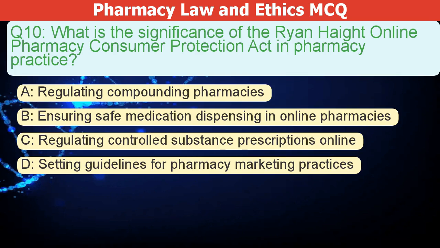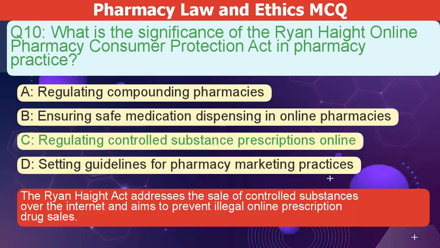What is the significance of the Ryan-Haight Online Pharmacy Consumer Protection Act in pharmacy practice? A. Regulating compounding pharmacies. B. Ensuring safe medication dispensing in online pharmacies. C. Regulating controlled substance prescriptions online. D. Setting guidelines for pharmacy marketing practices. The correct answer is C. The Ryan-Haight Act addresses the sale of controlled substances over the internet and aims to prevent illegal online prescription drug